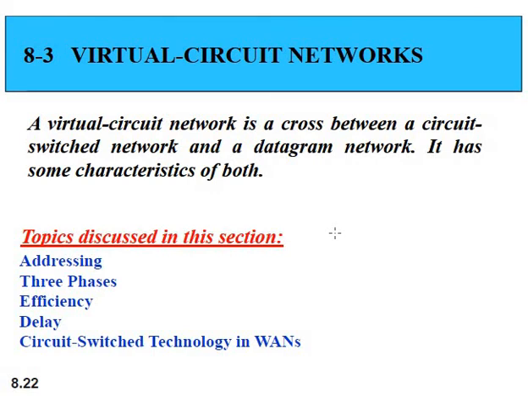Now the disadvantage is what? Setup time, then tear down phase, that will take more time for all the operations, and the cost for establishing such a network is expensive. Whereas in the datagram networks, there will be no fixed reservation. The data will be sent immediately, in first come first serve order, but there is a delay at the router if the router is busy. So these are some advantages and disadvantages. In order to overcome these disadvantages in both concepts, we have the concept of virtual circuit networks.